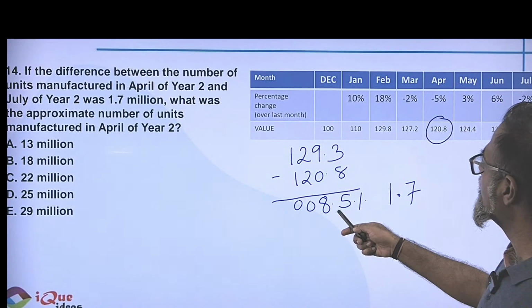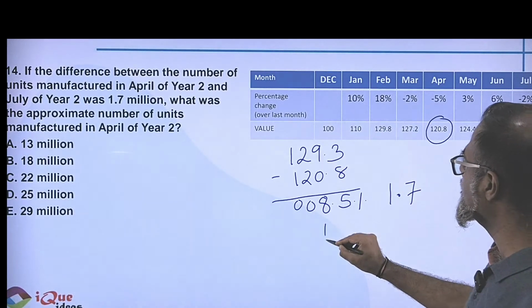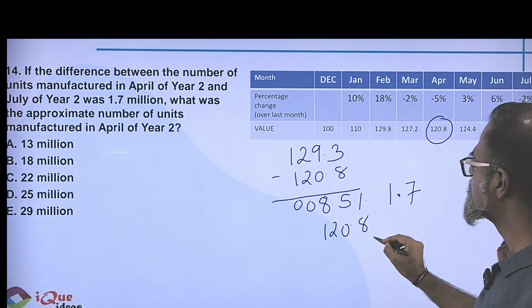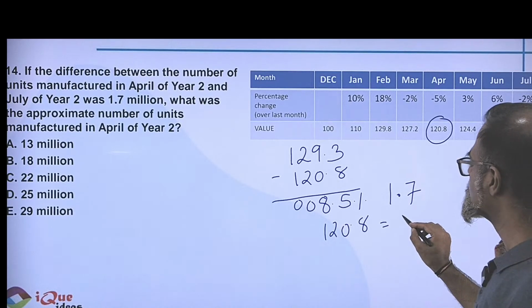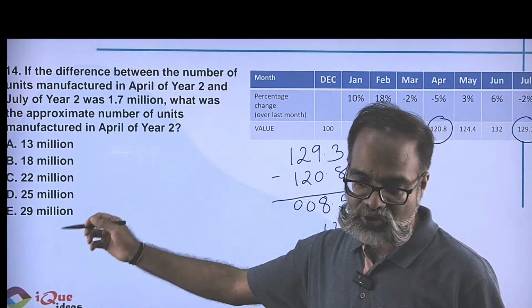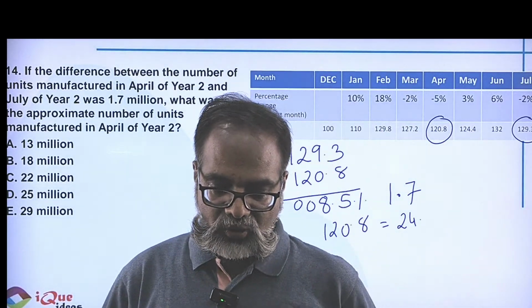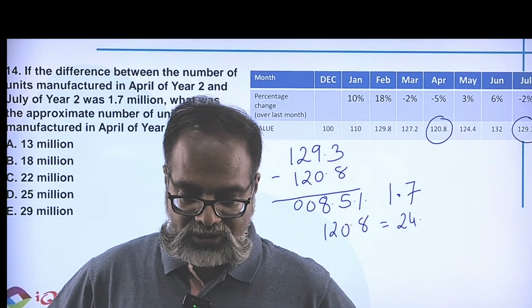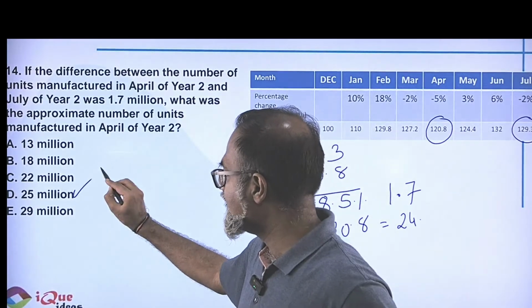So if this percentage is 1.7, what was the approximate number of units manufactured in April of year 2? So here I have to go 1/5, April 120.8. So divided by 5. So 5 twos are 10, 5 fours are 24 point something. The closest value is 25 million. So for 24 point something, when I get the closest value as 25 million, I'll mark D as the answer